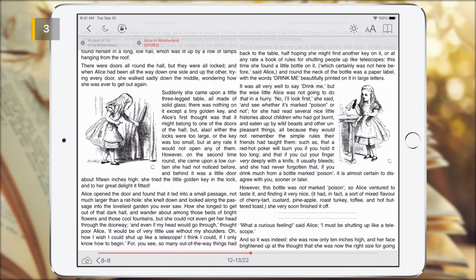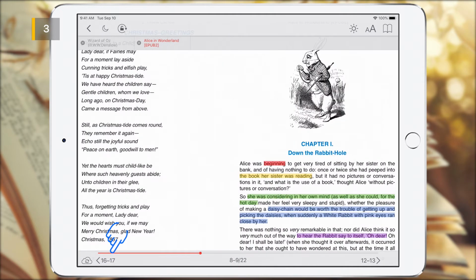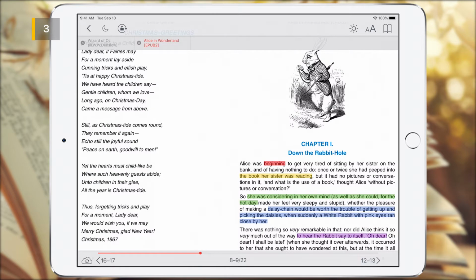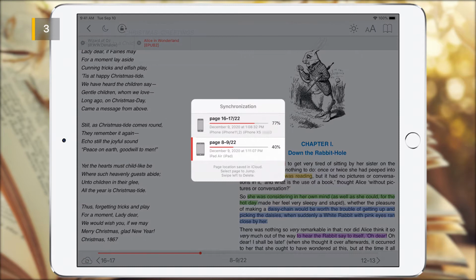The left and right sides of the nav bar have buttons for the history of your navigation between pages. And you can always move forward or backward through the history of your page navigation. In the bottom left corner of the nav bar is the Page Sync button. If you read the same book on several of your devices, you can always go to the last page read. The Page Sync dialog displays a list of all your devices on which this book was opened.